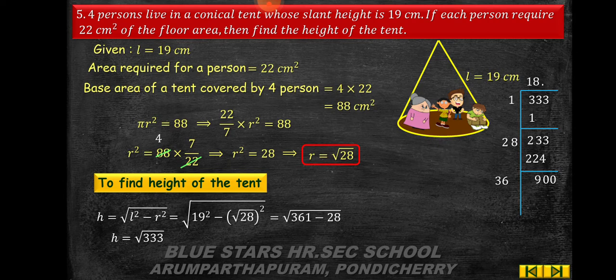So 2 plus 1 is 3. So you get 36. So 36 you have to multiply with 2. So 362 into 2, you get the value 724. Again subtracting, you get the remaining value. So you have to stop up to this. So the height is 18.2 centimeter. You can easily use the method to find the square root of a number.